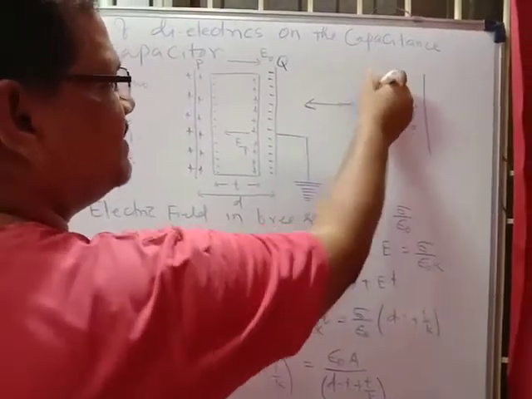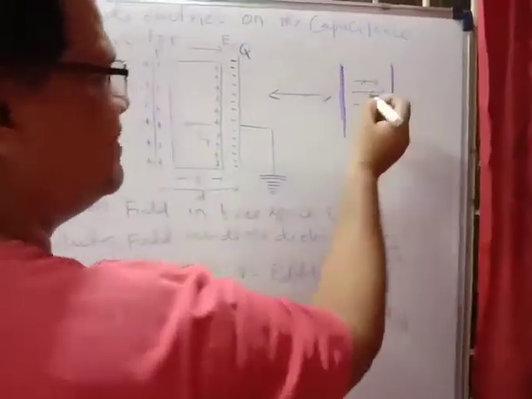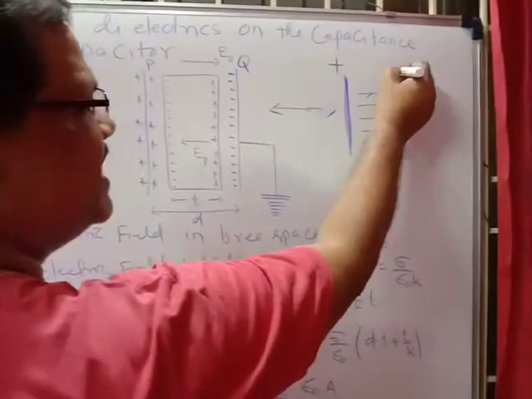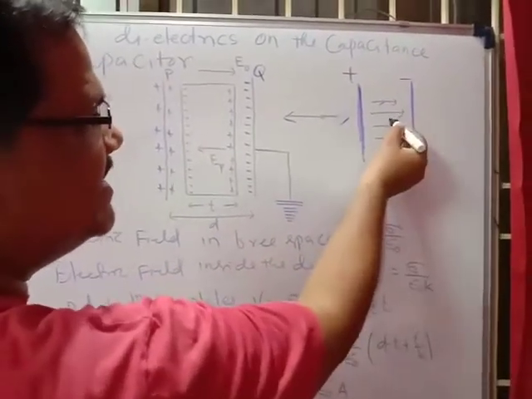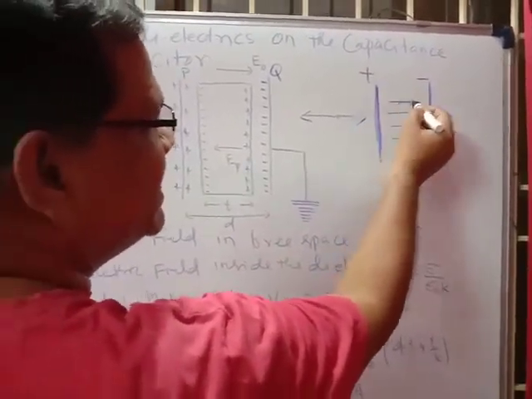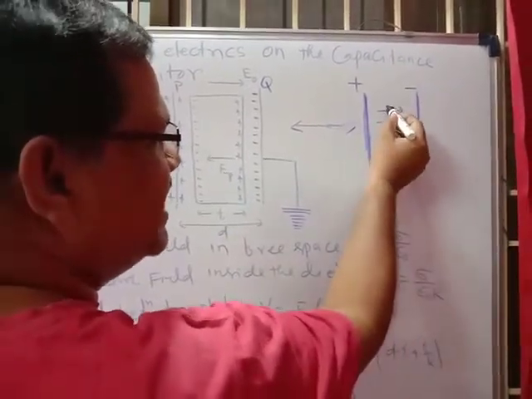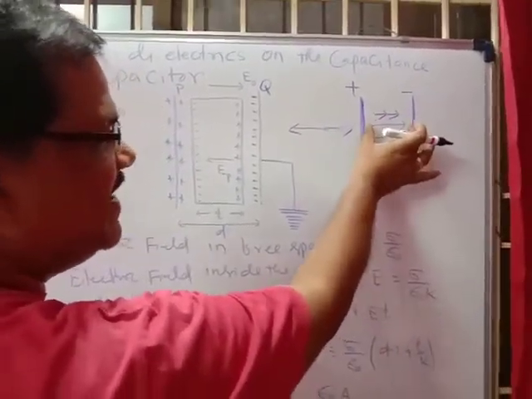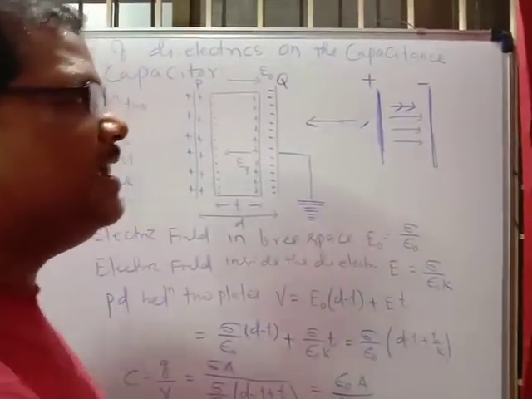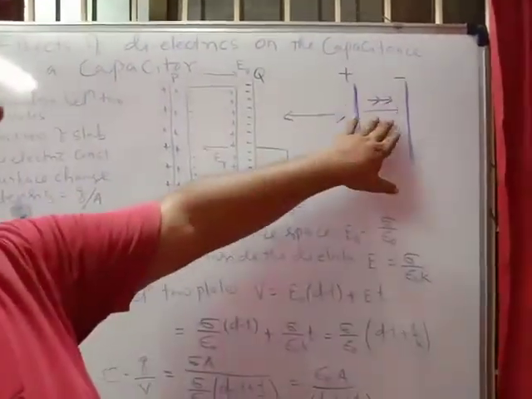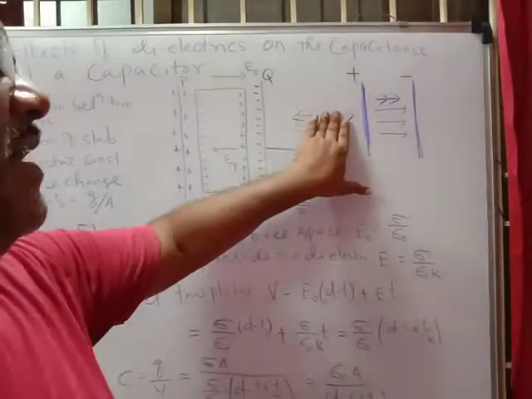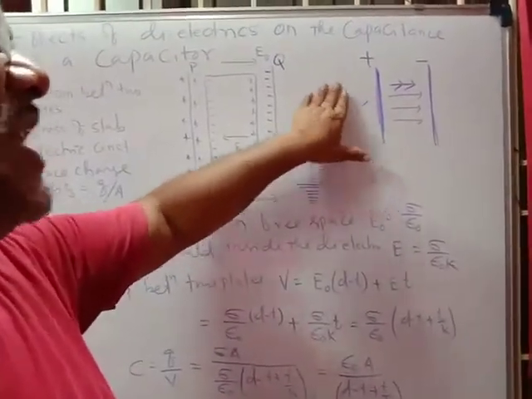Suppose a parallel plate capacitor is here, this is the plus Q charge, this is the minus Q charge. Inside, the electric field due to this plate will be directed towards right, and due to this plate also directed towards right, and the net electric field is the sum of the electric fields due to both the plates. But what should be the electric field intensity outside the plates?